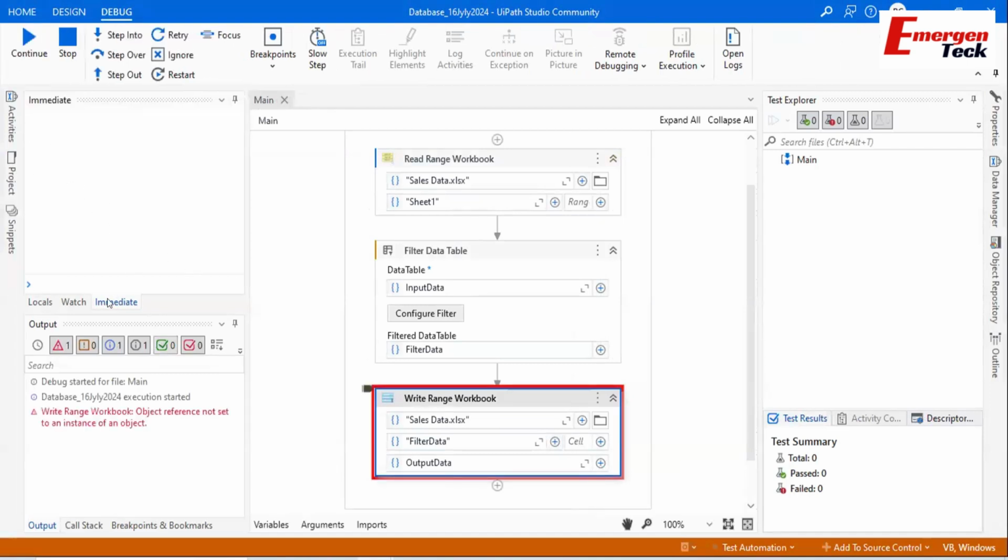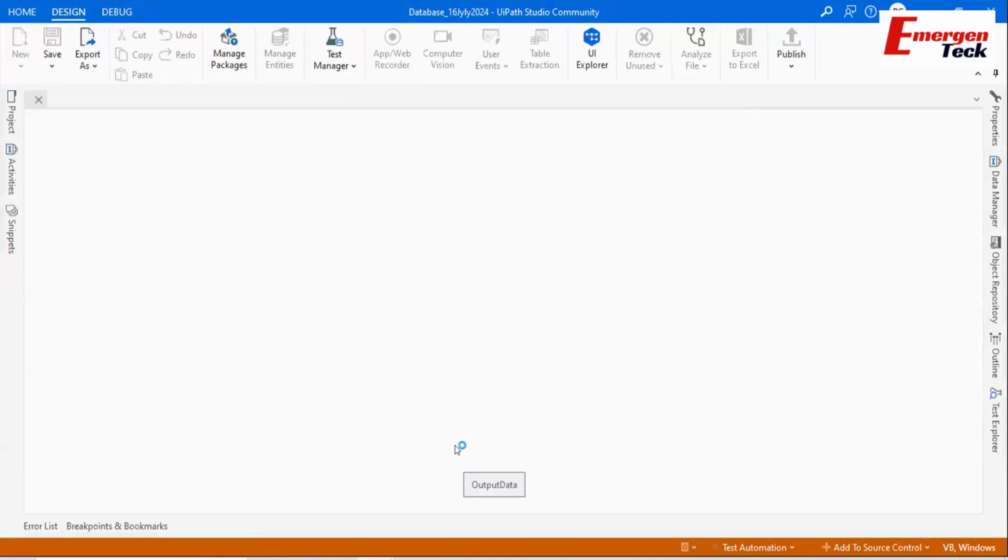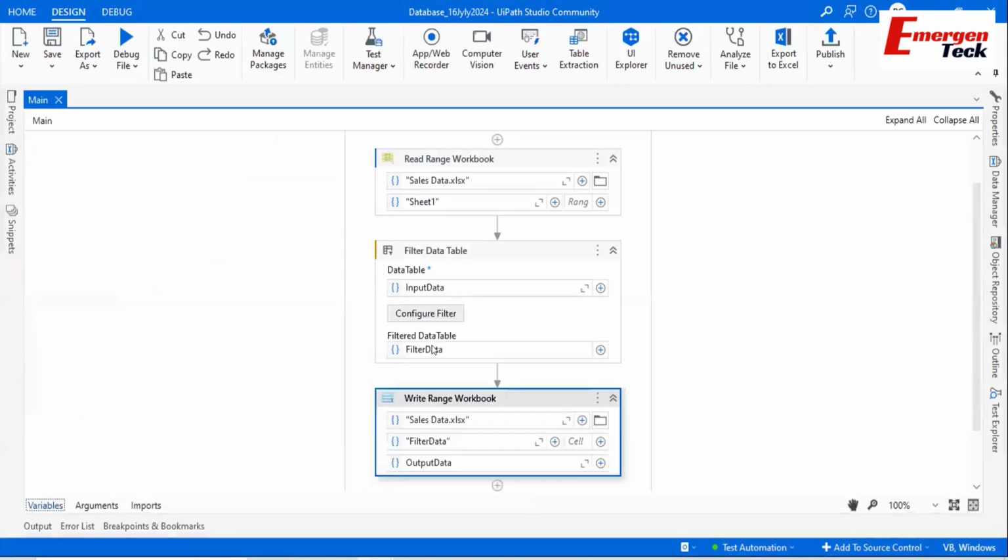Okay, so I have given the wrong variable. Yeah, you have to do filter. Okay,